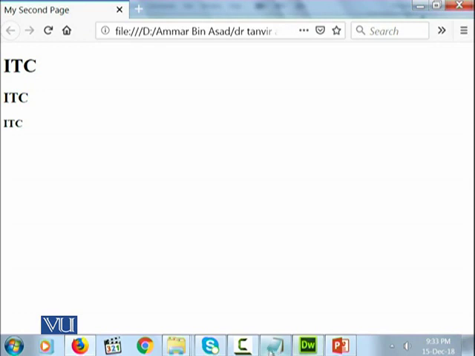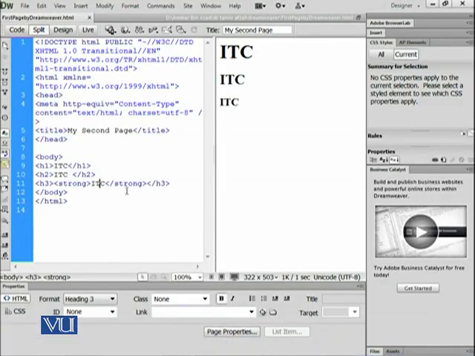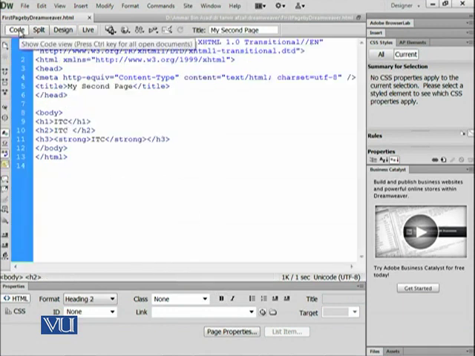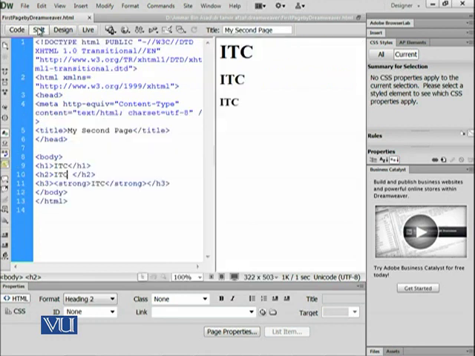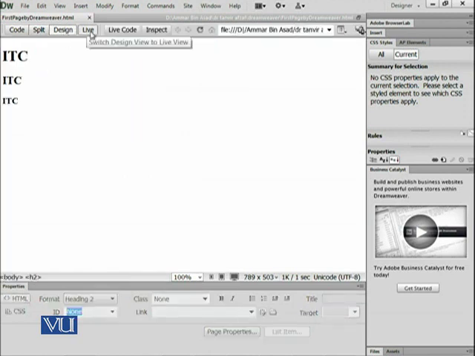So in this module we have seen how easy it is to write the code in Adobe Dreamweaver, and how that code is made available over here. By clicking over this, it will only show the code. This will split the screen, this will take us to the design mode, and this will take it to the live mode. This live mode means that your HTML page would look like this when it is rendered by a web browser.